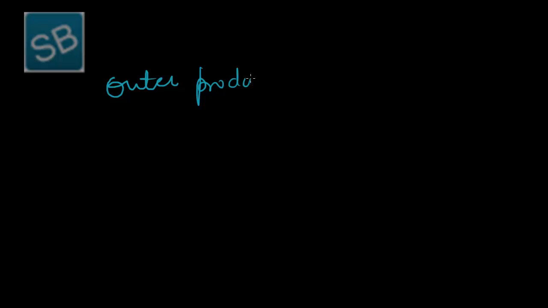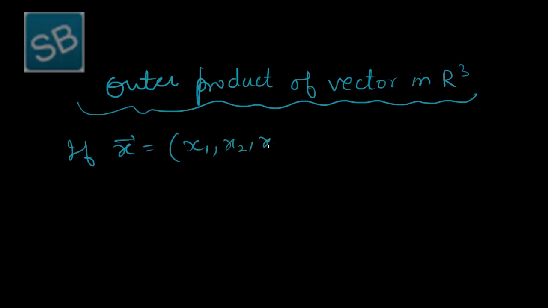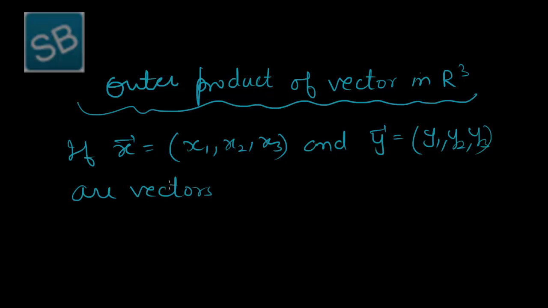Now we are going to do the outer product of vectors in R cube. That is, if vector x is (x1, x2, x3) and vector y is (y1, y2, y3) are vectors in R cube, their outer product